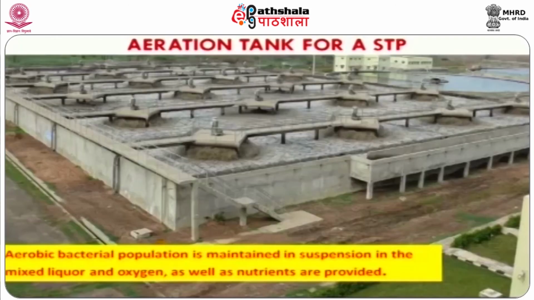The driving force responsible for migration of oxygen from atmospheric air to the liquid phase is related to the DO deficit in the bulk fluid. If you consider the oxygen saturation of the bulk fluid that is admitted into the activated sludge process at 20 degrees centigrade, the maximum DO solubility is 9.17 milligram per liter. But if you analyze the DO content of the feed stream that will be allowed into the aeration facilities, it is roughly 0 or sometimes 0.5 milligram per liter. So, the deficit is huge, that is why more oxygen will try to diffuse into the liquid layer. So, there is a relative driving force responsible for migration of oxygen from atmospheric air to bulk liquid. Once the oxygen reaches the interface level, further migration is due to concentration gradient.